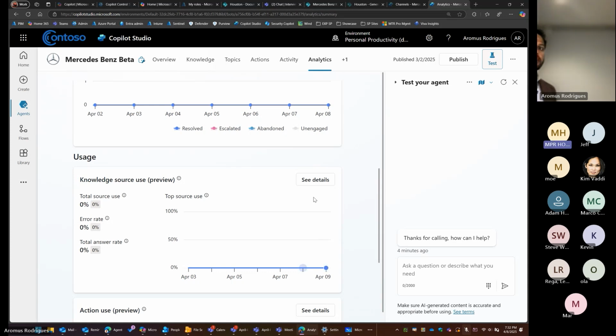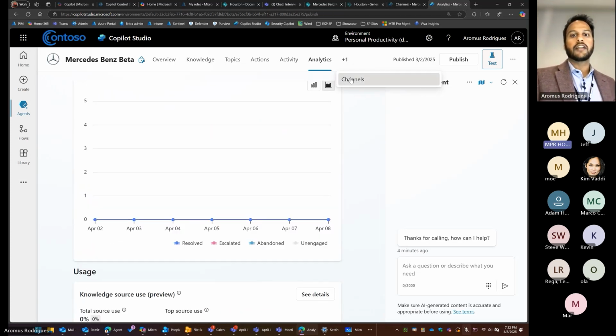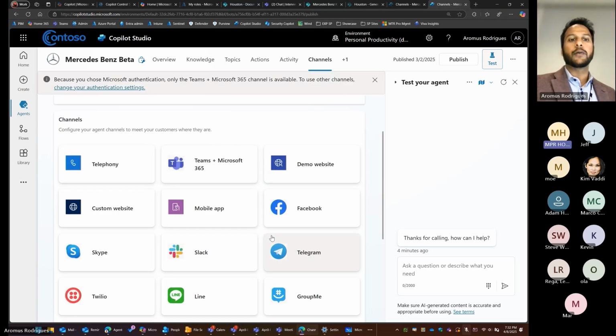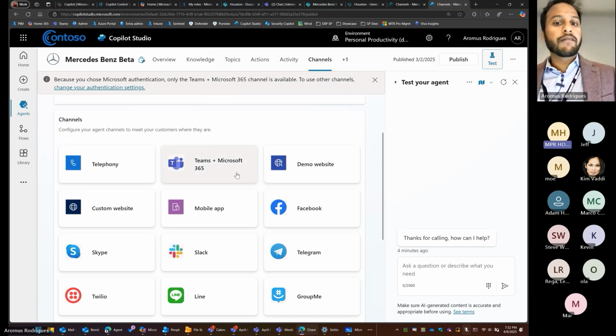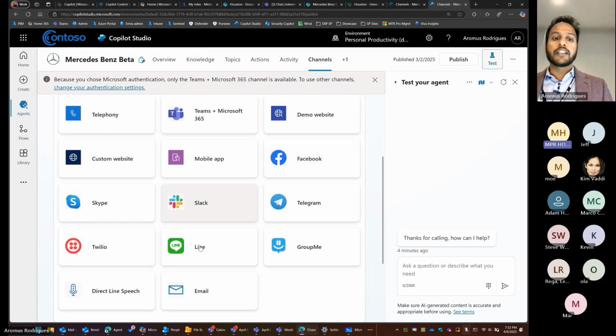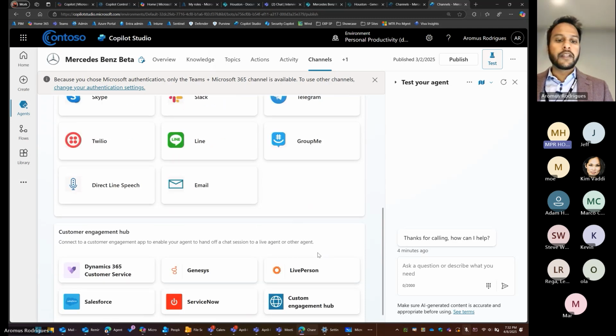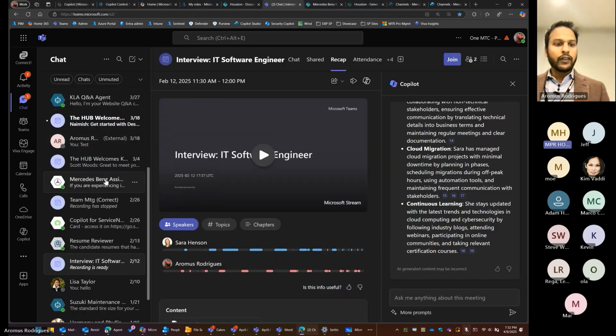Once I create this agent, I can go ahead and publish it in different channels. So what can I do with it? I can put this in my Teams chat. I can put this on a website. If I'm using Slack or something like that, I can also post it on there. I can have a direct line, GroupMe, things like that. I personally have put this into a Teams chat. If you look over here,